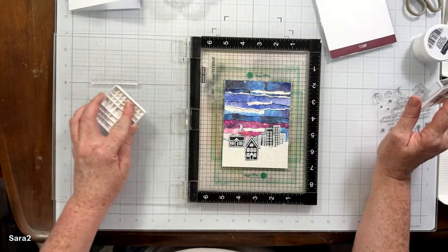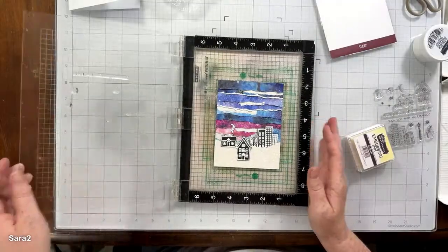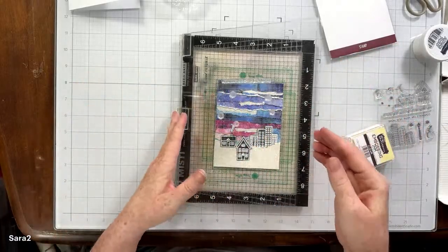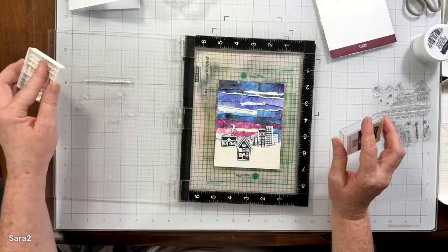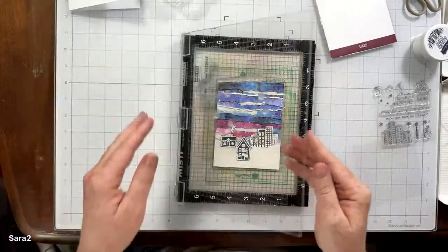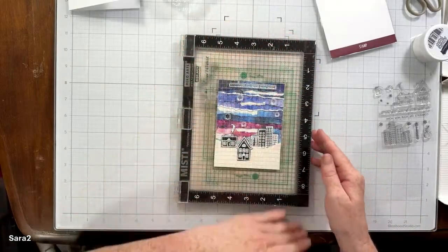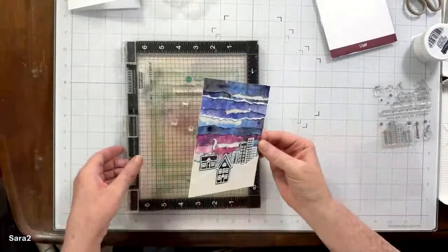And we're gonna go ahead and ink up. I'm gonna ink this up twice, so I get a good impression. And I'm not pushing down too hard because I don't want to mush that sentiment at the top. No mushing the sentiments. Talked about that last week too. Don't want to mush the sentiments. Don't want to mush the snowflakes. Okay. And then,